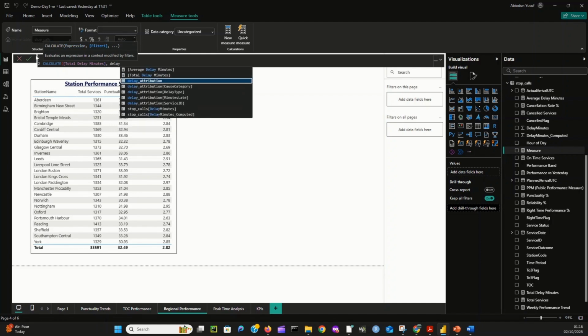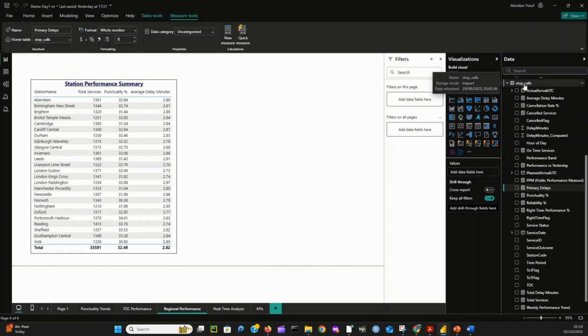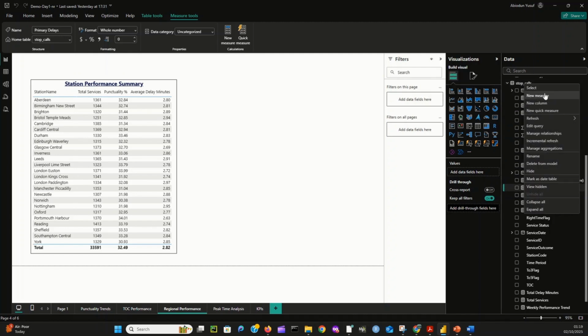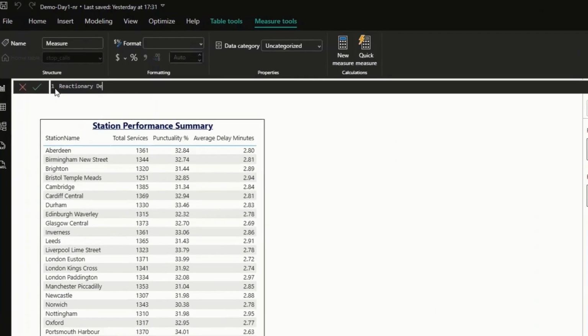And we also want to connect it on the basis of delay attributions, where the delay type is considered primary. Okay, and close that. We create another measure, and we call this measure reactionary delays,